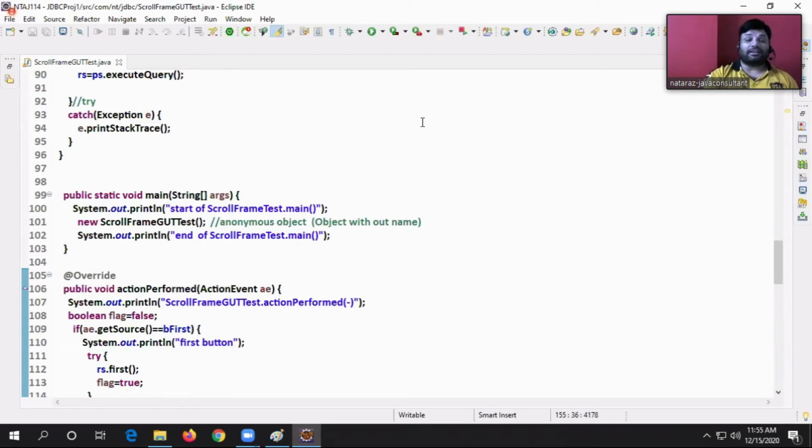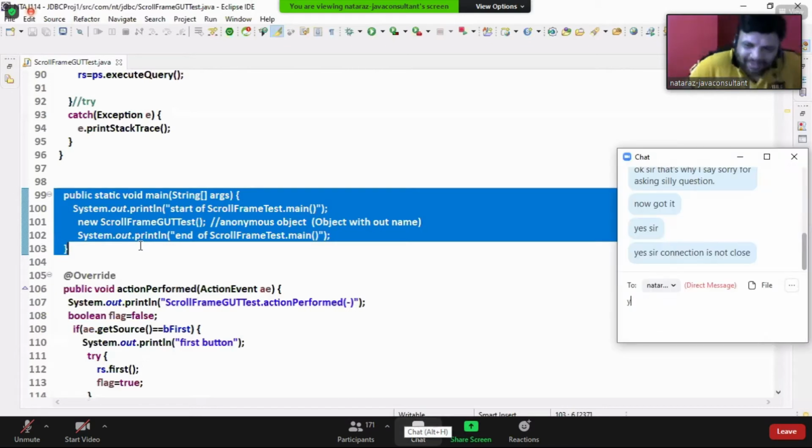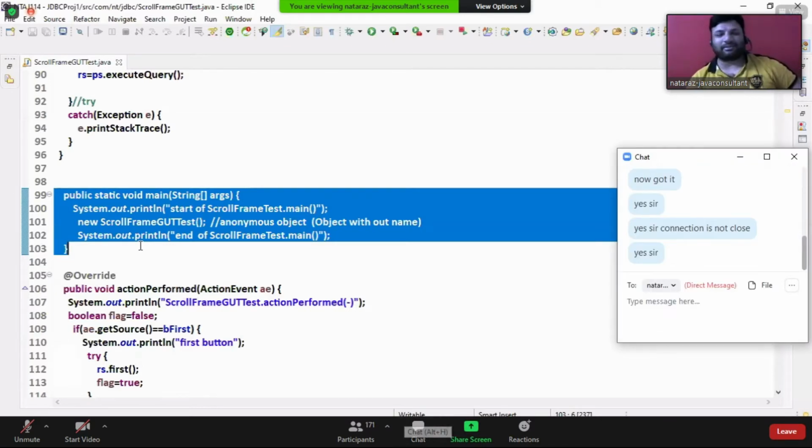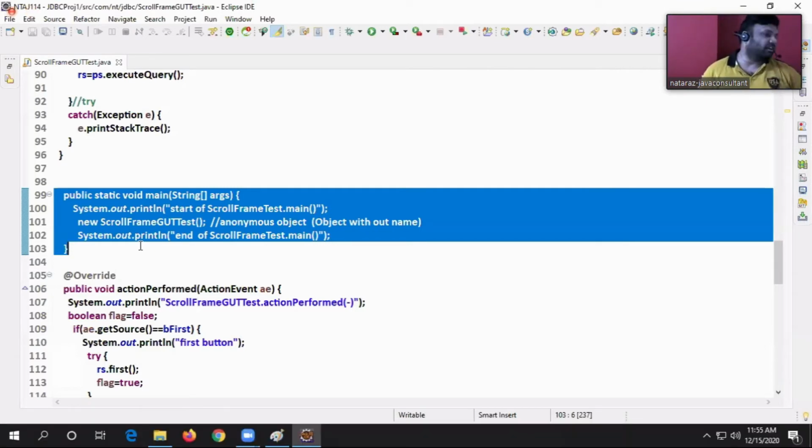So far, in the main method, we have written code from top to bottom. But this time the story is different, because at what time the end user clicks what button, what activity will happen, we don't know. So accordingly, we should write the code. Don't think that every day the code will be in the main method. Today, the code is not there in the main method. Did you notice it? In the main method, nothing is there except anonymous object creation, right? So please come out of the feeling that a standalone application means everything will be in the main method. If you are in that feeling, please stop thinking like that. It's not going to work out.